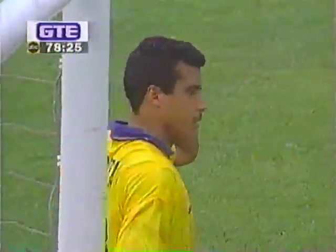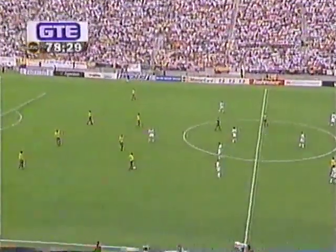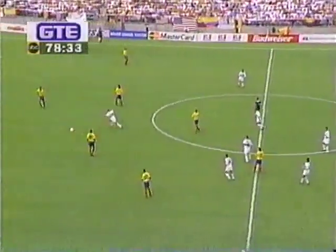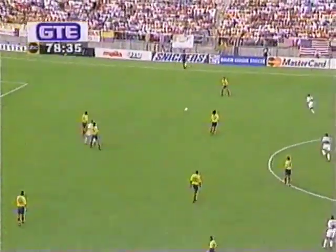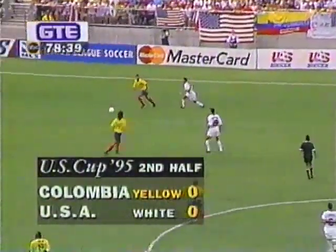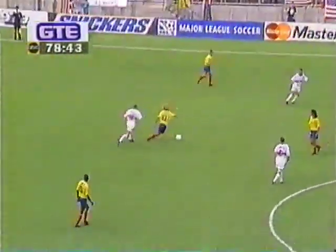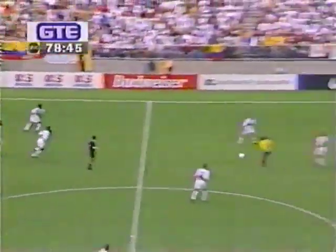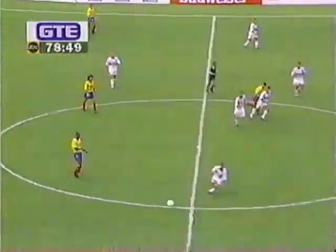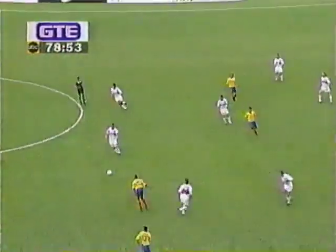It looks like he wants to come back on the field. Yes, it does. And play has started. So we've had some stoppage time, as unofficially a little over 12 minutes left to go. The United States and Colombia scoreless here. The U.S. with the win or tie captures U.S. Cup 95. The Colombians need a victory. 3 points for a win, 1 for a tie. So if the Colombians beat the United States, they capture U.S. Cup